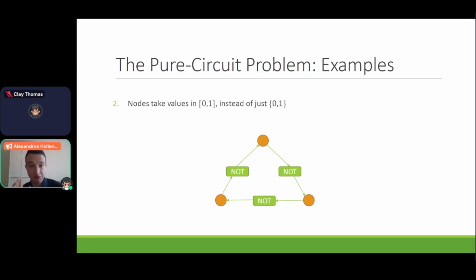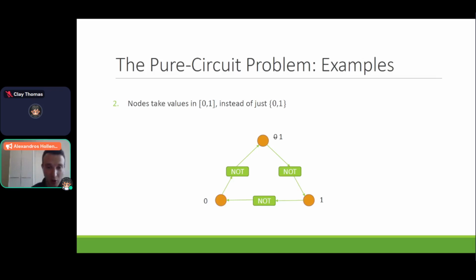Now what happens if I'm only allowed to use 0 or 1 as values, not values in between? Then I might start by putting a 0 here, which means that I have to put a 1 down there. But then I have to put a 0 here. And then, of course, I have to put a 1 here. So it's quite easy to see that this circuit does not have a solution in that case. So allowing any value between 0 and 1 is important to ensure that the problem always has a solution.